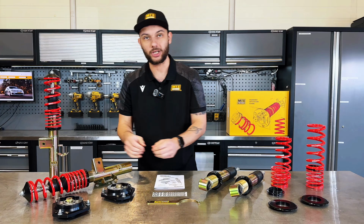It's also worth mentioning the option of ordering this kit with camber plates or to order camber plates separately. Our camber plates are made of black anodized aluminum and steel. They allow for smooth adjustment of camber angle and modification of caster angle, and they utilize a uniball bearing, ensuring